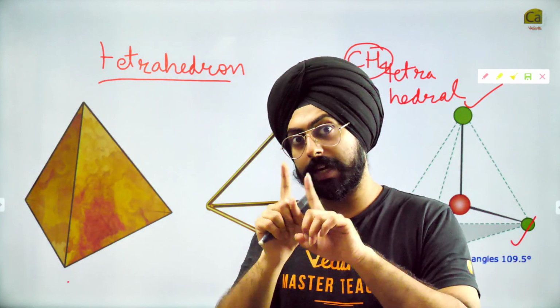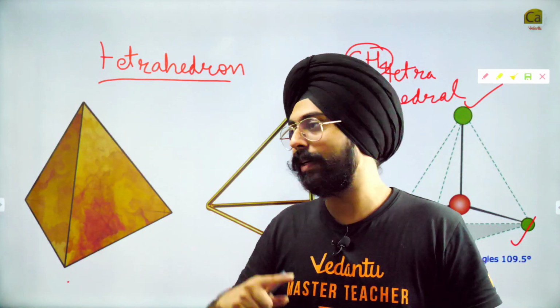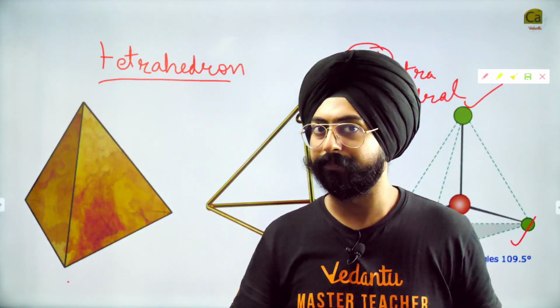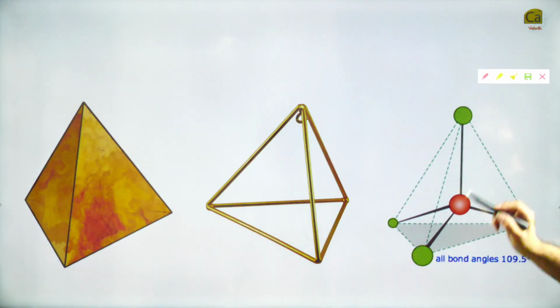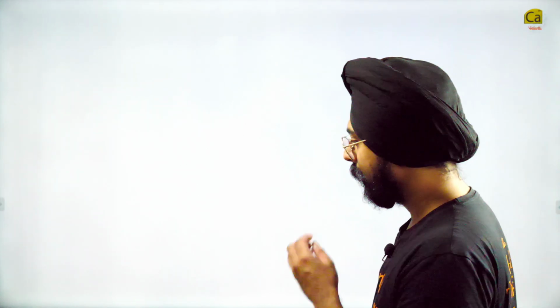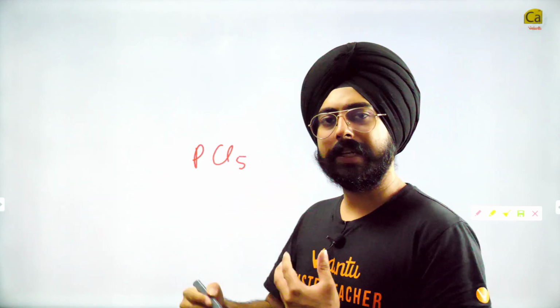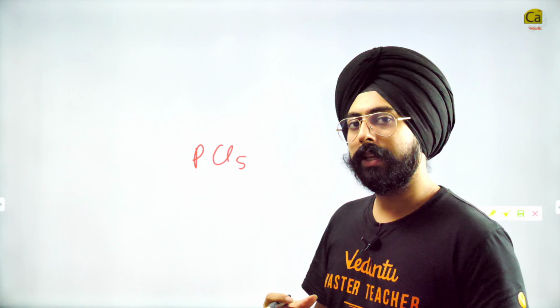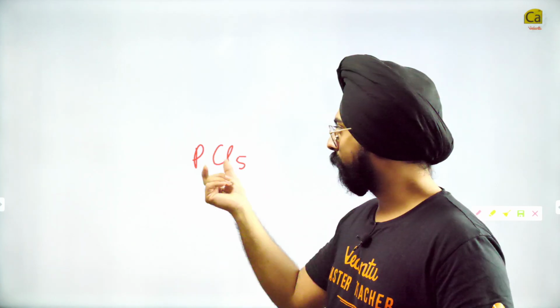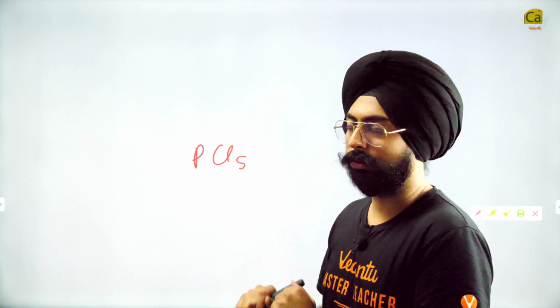One case is which has 2 bond pairs, another case is 3 bond pairs, next case 4 bond pairs is done. Now the next case that we have to discuss, जो अगला केस अपन डिस्कस करेंगे, that will be for 5 bond pairs. So one example that we can take for 5 bond pairs is PCl5. So now we are getting into the domain of structures that do not follow the octet rule. Phosphorus with 5 chlorine atoms, of course the octet rule is violated. PCl5 है यहाँ पे, ठीक है? So how do we figure out what's the structure of this?